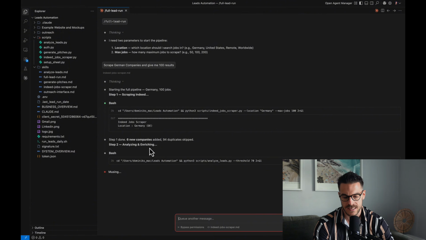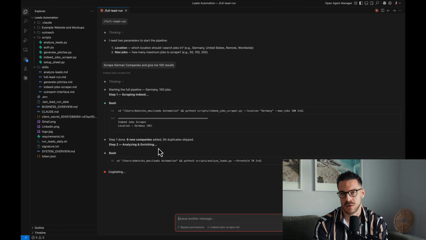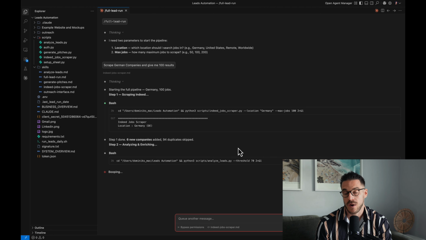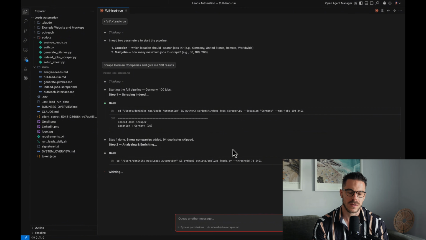2, analyzing and enriching. And in that step, GPT-4o is running in the background to analyze the job descriptions, compare it with what I am offering, and then it is calculating the score and is coming up with an evaluation how good of a fit that company would be for my services. And then when a certain threshold is exceeded, we set that to 70, also additional information is scraped. For example, the CEO name, the CEO LinkedIn, and also the email address and the website of the company. But the threshold is important because we only want that kind of information for companies where it actually would make